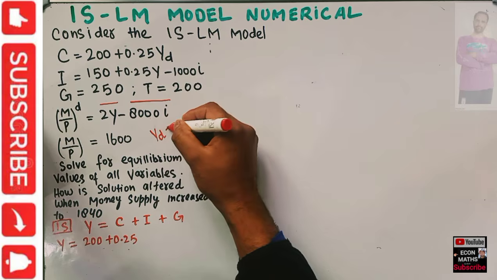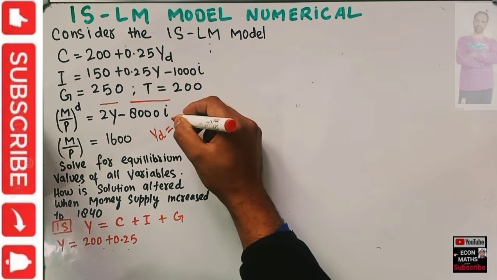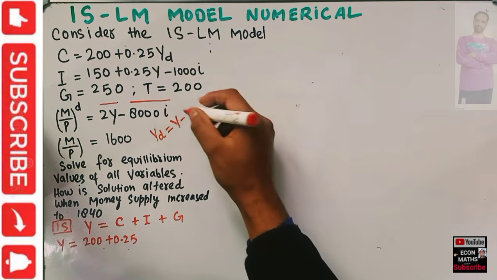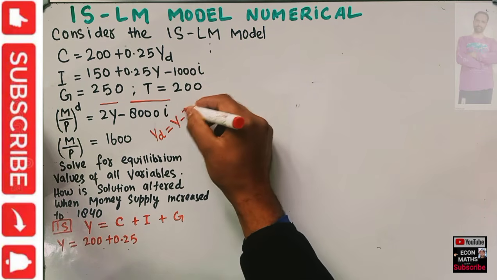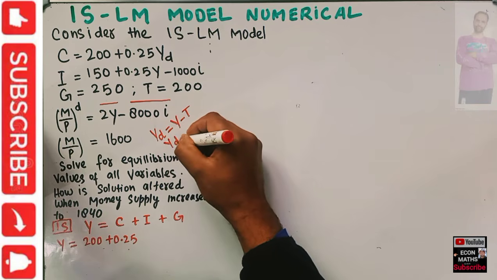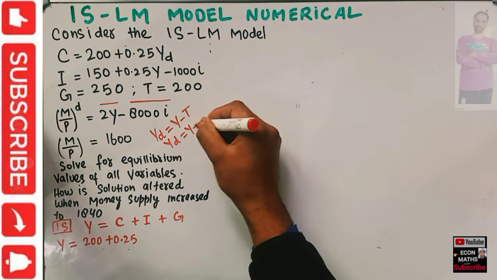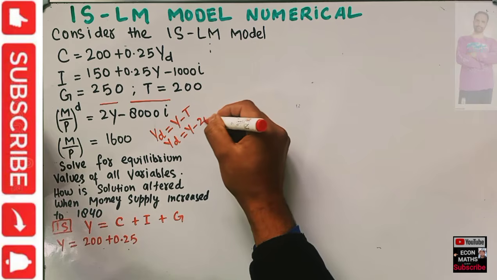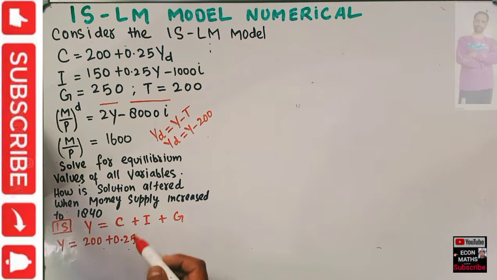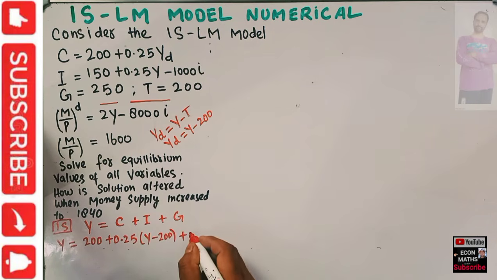And we know disposable income is equal to our total income minus the tax that is paid on the total income, which is T. That means our disposable income can be written as Y minus the value of tax, 200. To save space here, in place of Y subscript d I will write Y minus 200, plus we have the investment function, which is 150, plus